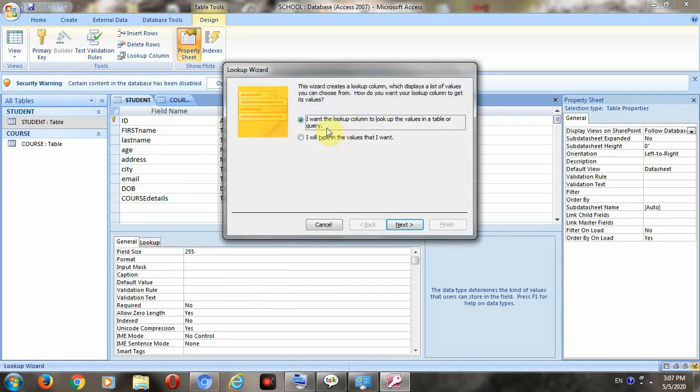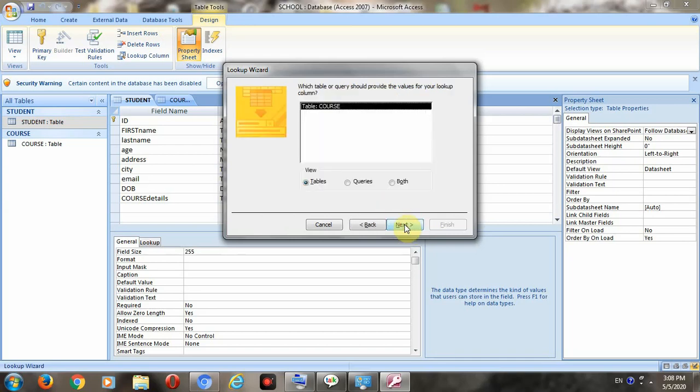I am going to the first option because I want the values from the other table which I have already created. I want the lookup column to look up the values in a table or a query. I go to next, because I also want the relationship between the two tables, student and course. I want the course details from the course table into my previous table, that is student.